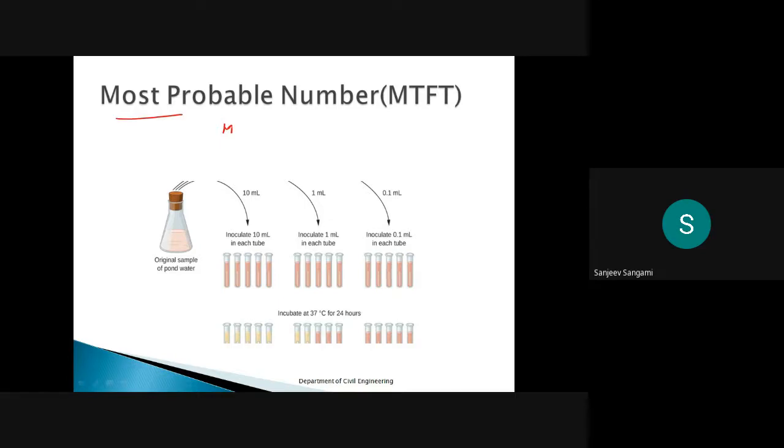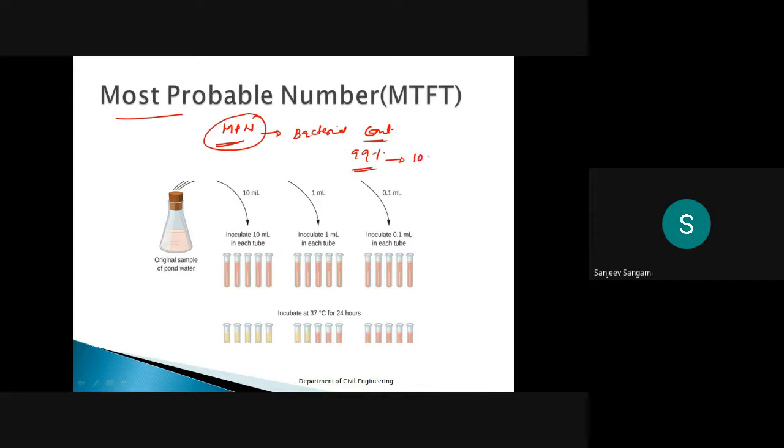I was always explaining that the bacterial strength or bacterial count we measure in terms of the most probable number. As it indicates, we can say it is 99% accurate.